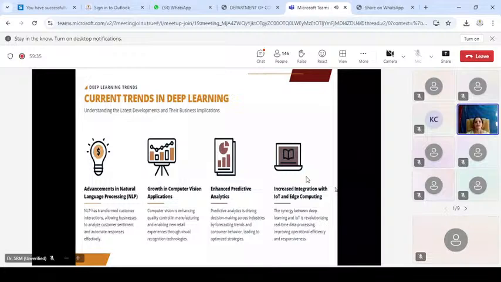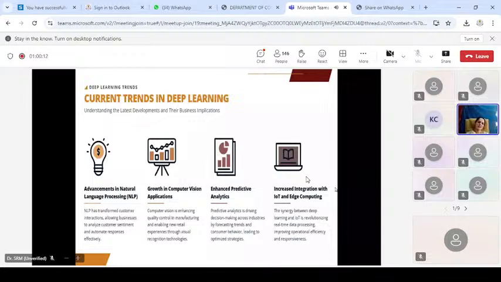Okay, let me explain. IoT, the Internet of Things, as we all know, refers to the interconnected network of devices that collects as well as shares data, enabling automation and smart decisions. Edge computing, on the other hand, involves processing data closer to the source, maybe on devices or even on local servers, rather than relying on a centralized cloud. This is reducing latency and also improving, say, real-time decision making.